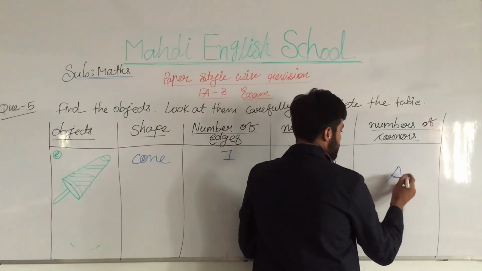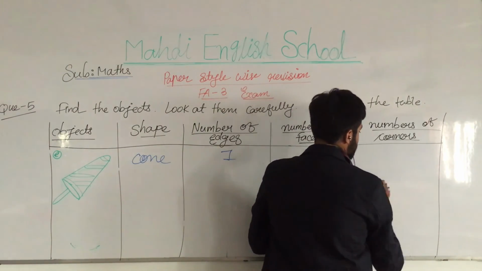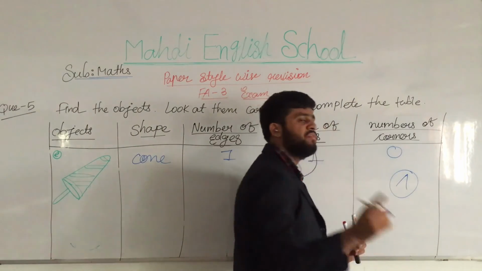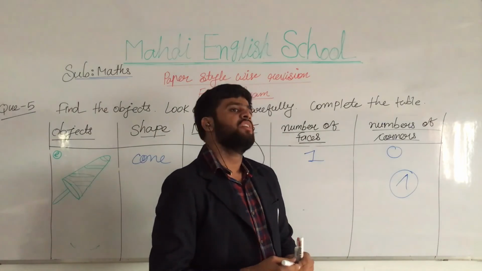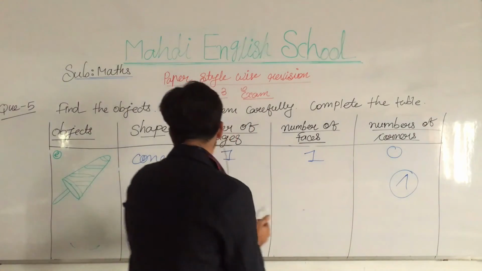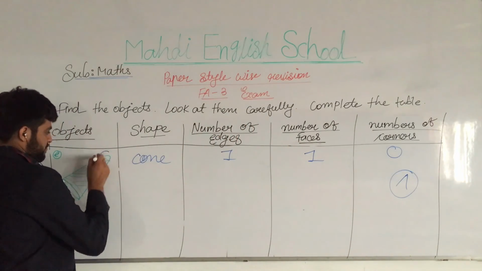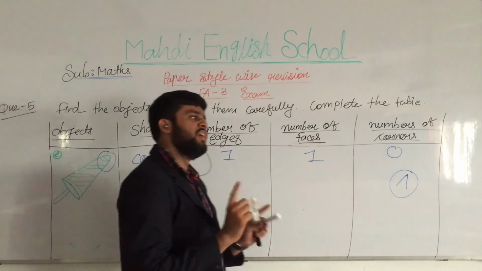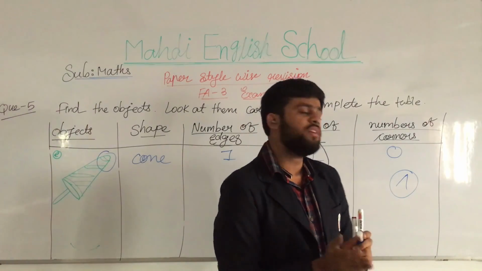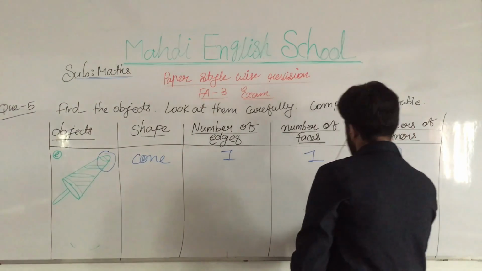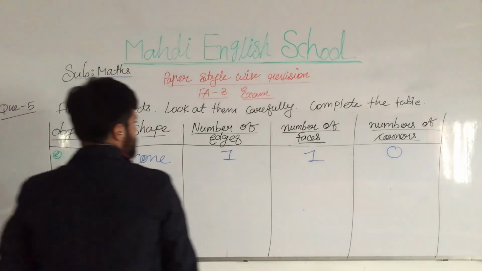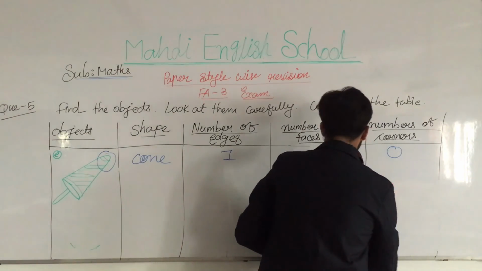See, it is a corner. The A shape shows the corner as 0. But one corner we are mentioning here. Okay, no corners if both joints are... see, this is part of the corner here. That's why it is one corner, not only two lines are jointed, not any specific corners. That's why we write the corners. But my points, my dear students, I hope you all have understood very well.